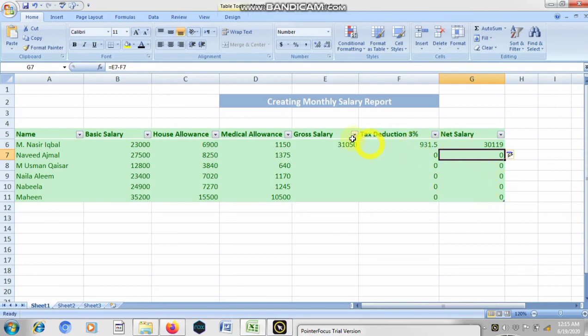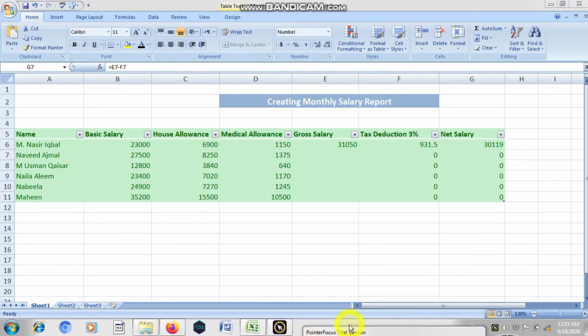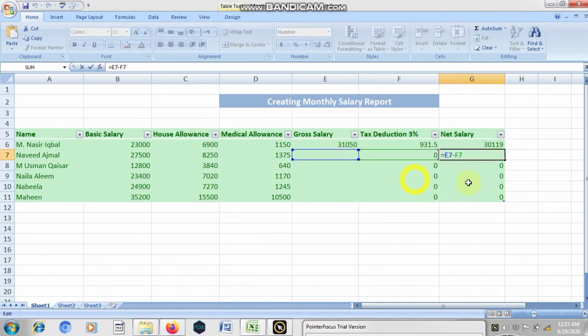As you can see, to calculate the values of other people, you just have to drag it down and it will automatically calculate. This is the speciality of Microsoft Excel: you just have to apply the formula once, and when you drag it to the other values, it will automatically calculate the values of other cells.